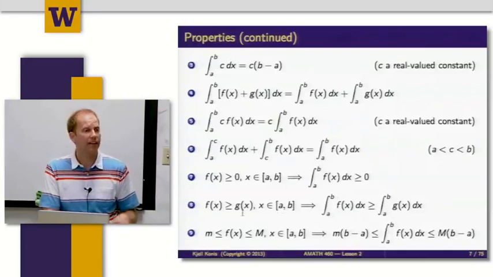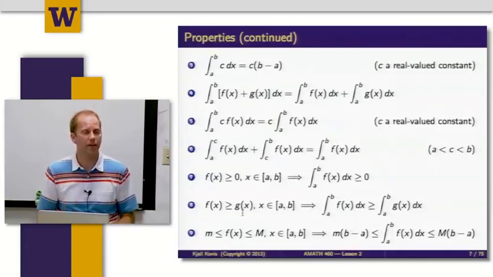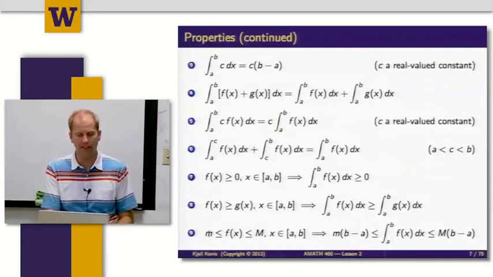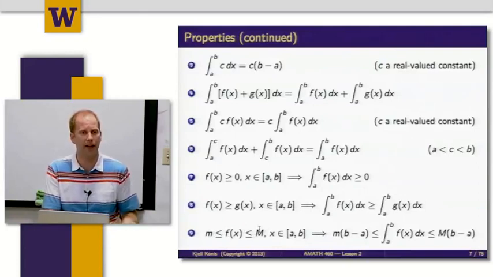And then this number 9 is essentially the same thing I did with my partition, except now I just have a partition of size 1. All I'm saying is that if f of x is greater than some constant m over the entire interval and less than some constant capital M over that interval,